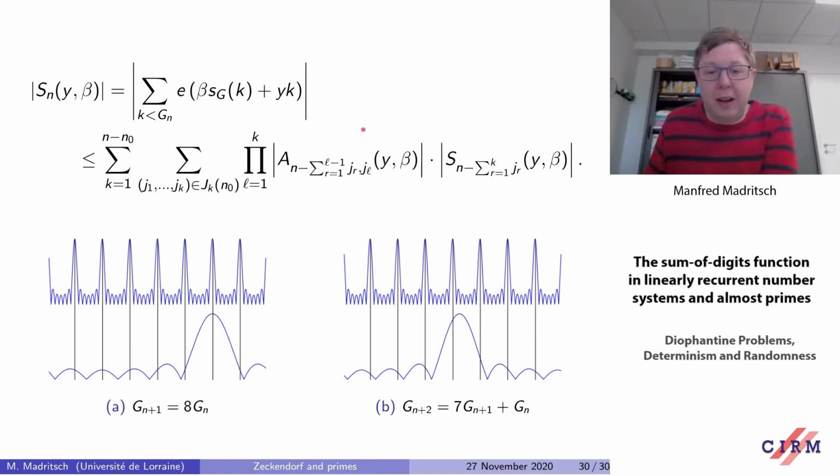In base 8, if you take this product and look at two consecutive ones, you see that the maximum here is aligned with the maximum there, and the other maxima here are small. So you only have one maximum and they are aligned. You get this throughout the powers of 8, and also for other bases. The maxima are aligned, and this makes it easier to estimate the maximum of this